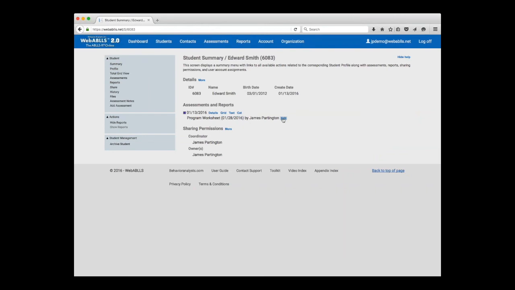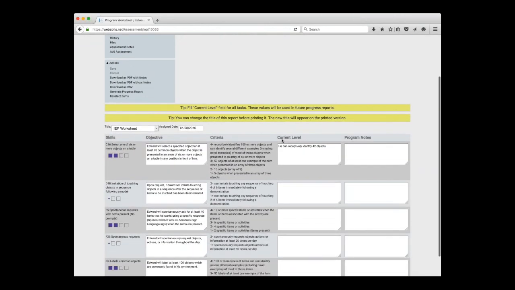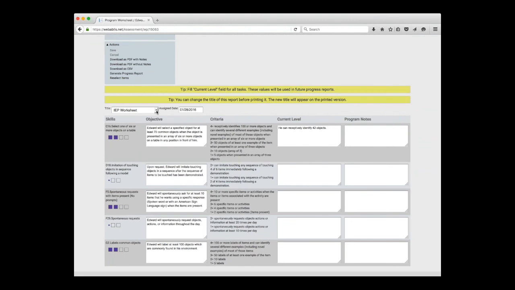I can go back and edit that if I want. So if I want to go back and say, well, I don't really want to call it a program worksheet, you can't see this, I believe, but I can actually pull down a menu here and call it treatment objectives. And then if I want to change the date, let's say I don't want it now, since it's a leap year coming up, I'll make it the 29th for tomorrow. That's when it's going to be current, okay?